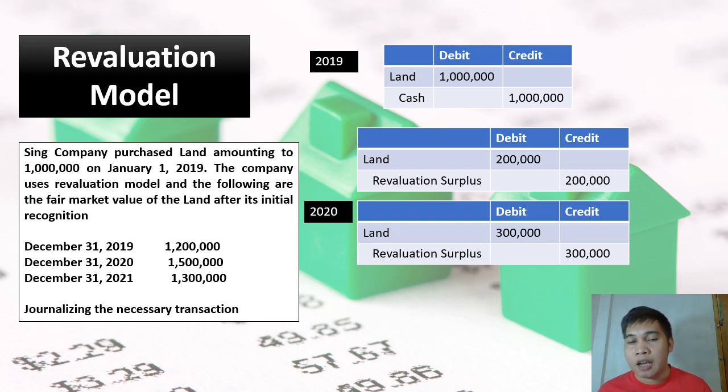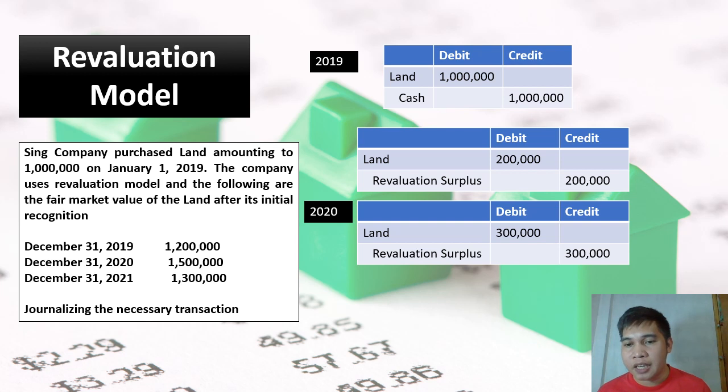Then yung ating revaluation surplus is meron na tayong 500,000. So, ang kailangan po din tandaan natin under revaluation model. For example, sa case natin, at December 31, 2021, nagkaroon tayo ng revaluation. In that case, nagkaroon po ng downward revaluation. From 1.5 naging 1.3. Ang specific sinabi ng standard, in case mayroon tayong reversal during the revaluation,